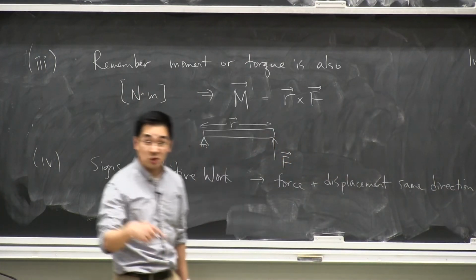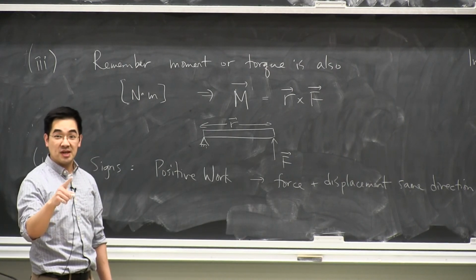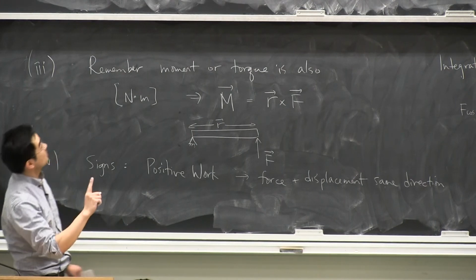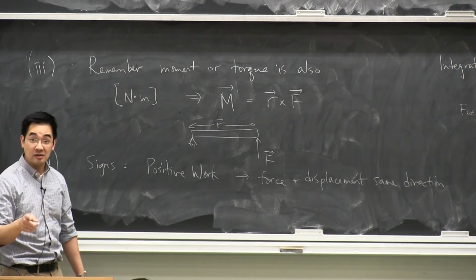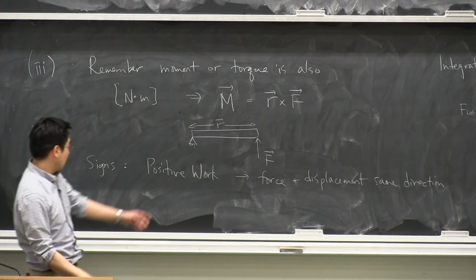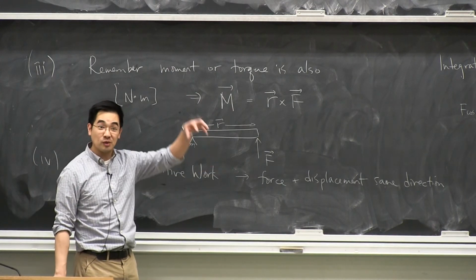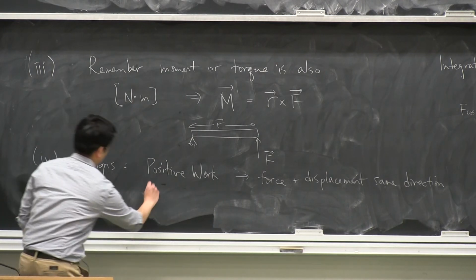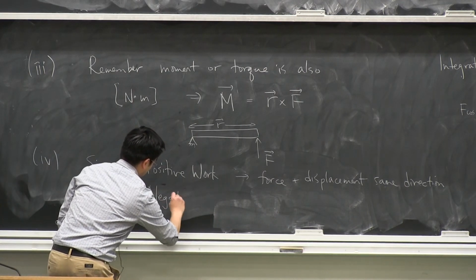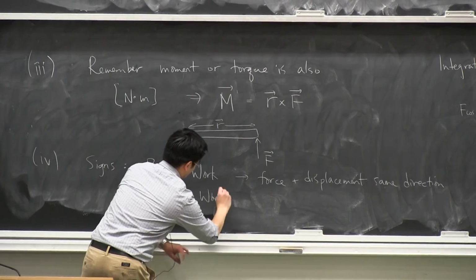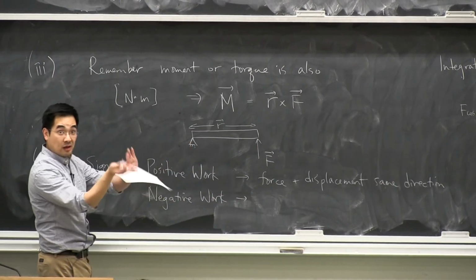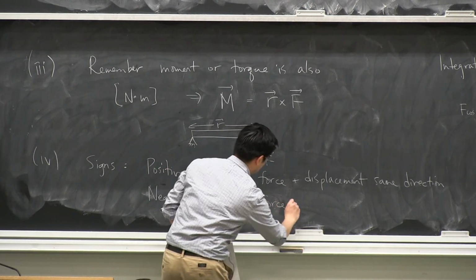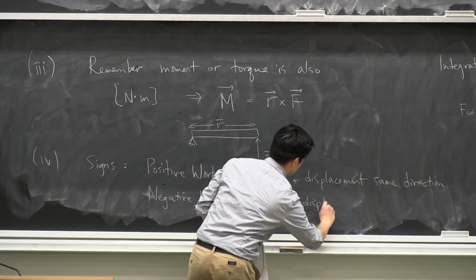Okay, so it means when you say, oh, this force is acting on this particle and is work on the particle, like gravity. Gravity is positive work on the particle, but only when the particle is moving down because gravity is pulling it down. And if it's negative work,